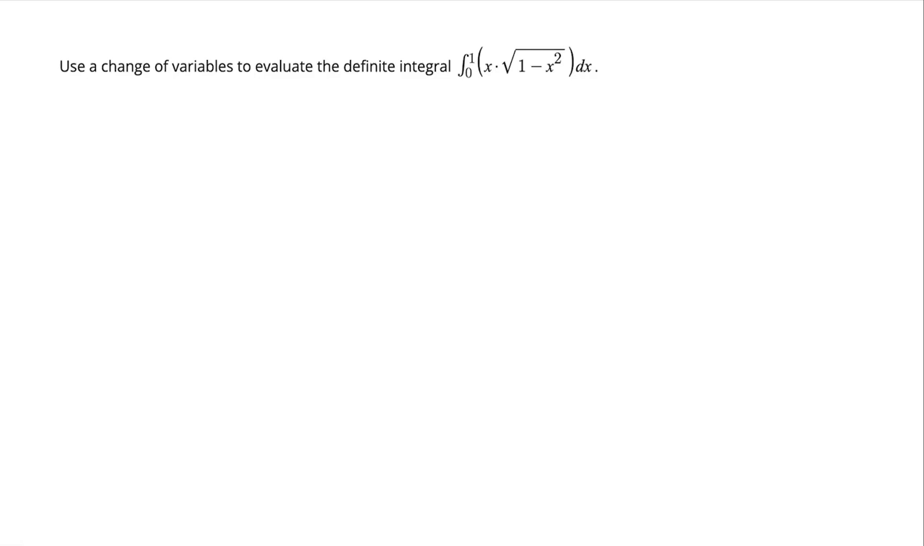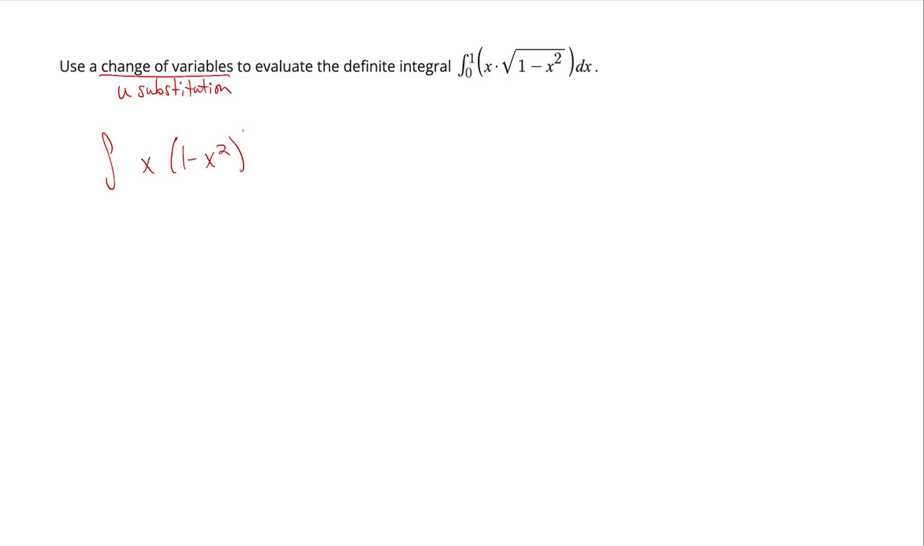For this problem, we're asked to use a change of variables to evaluate this definite integral. So we're going to use a change from x to u's. That's kind of what they're talking about here. Basically, it's u substitution. Let's see if I can spell substitution correctly. Yep, there we go. U substitution. All right, so let's go ahead and write down